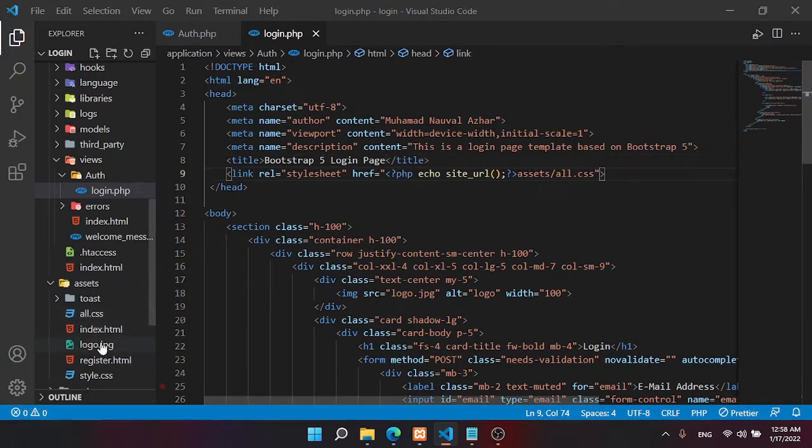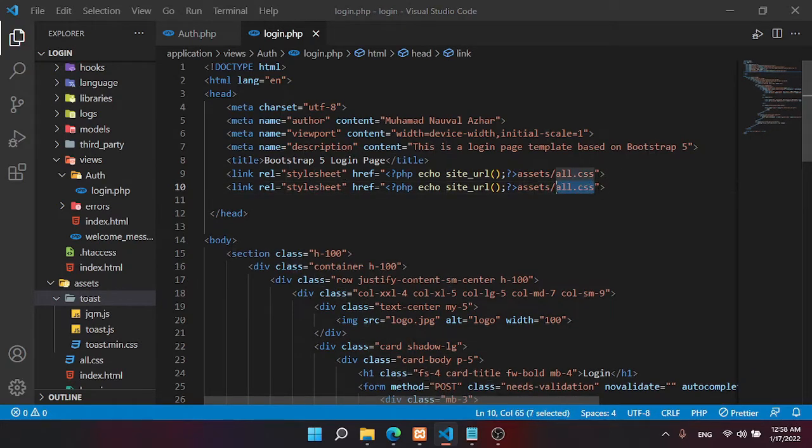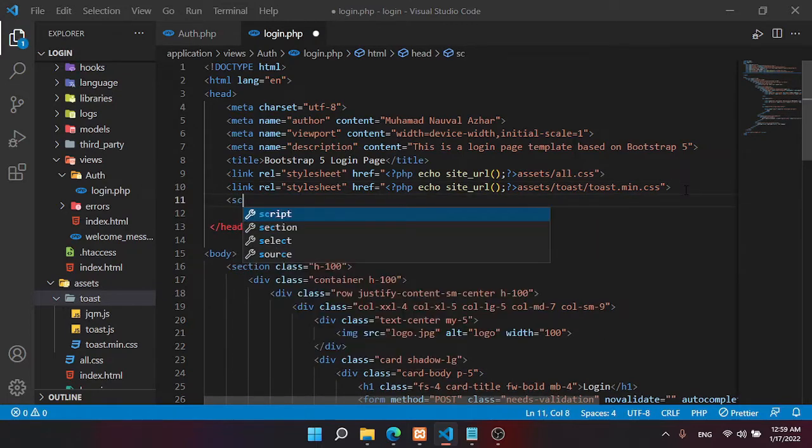Again we have to link the toast one, type link, sorry. Okay, copy this file and toast folder/toast.mini.css, and for JavaScript also, a script tag here,